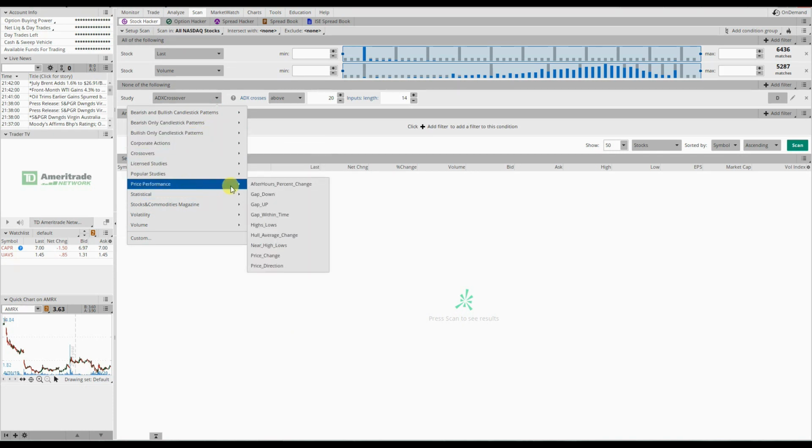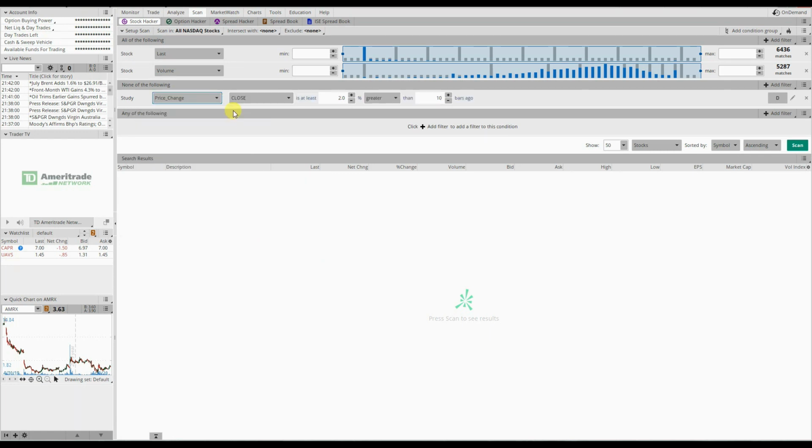Under price performance, you go to price change. Okay, and I'm going to explain a little bit what this is, but we want this to say open, and I like this to be at 3%. This to say greater, and this to have 10 bars. Okay, now going back over here,